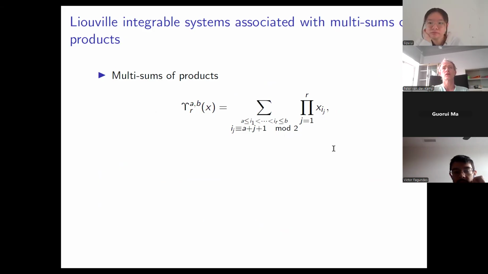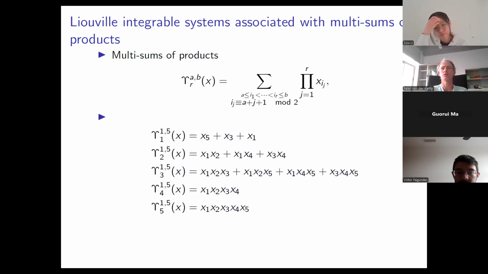Okay, so I will tell you what a Lotka-Volterra system is later, although in the talk by Victor, he already told you where it is. But this is kind of the starting point. And I gave a talk on this before, and then everyone went like, oh, what is this? So now I have some simple examples of what this is. It's called a multisum of products. So each term is a product of the variables in a big sum.